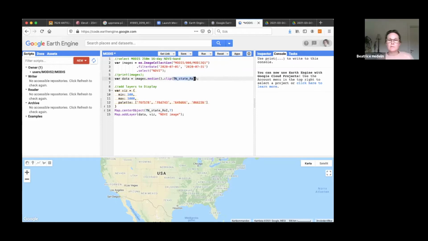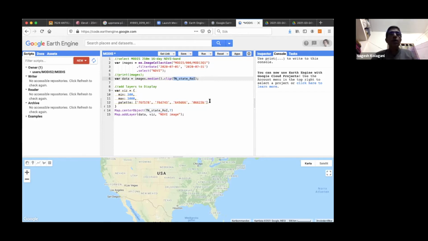You mean this? Right. Now, if you were to run this code, it will not run. It will complain saying Tamil Nadu state ROI is not there. So what I can do is I can give you that file. Let me just